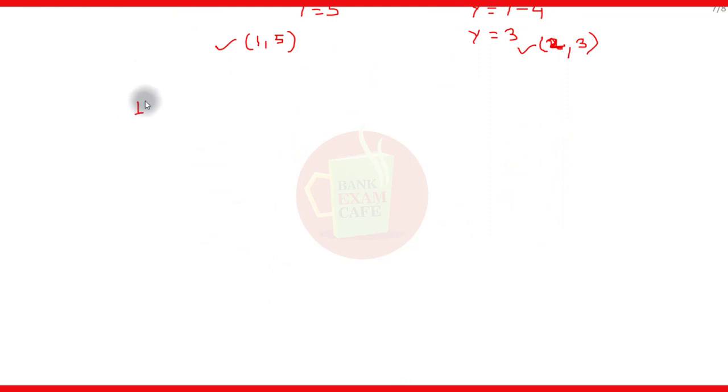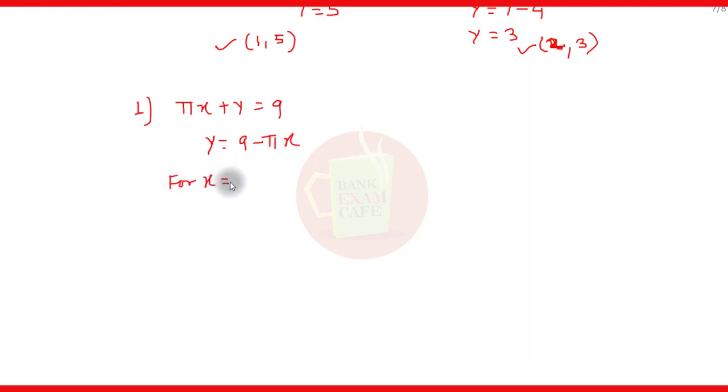So the second question is that the second equation is pi x plus y is equal to 9. So first we will write this equation as y in terms of x. So we keep y to one side, so y is equal to 9. Take pi x to the other side, so its sign will change, so it will become minus pi x. Okay, now here we will assume the value of x one by one.